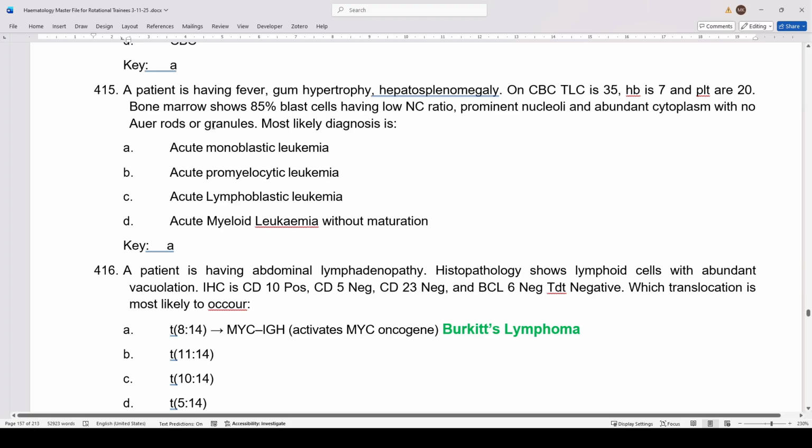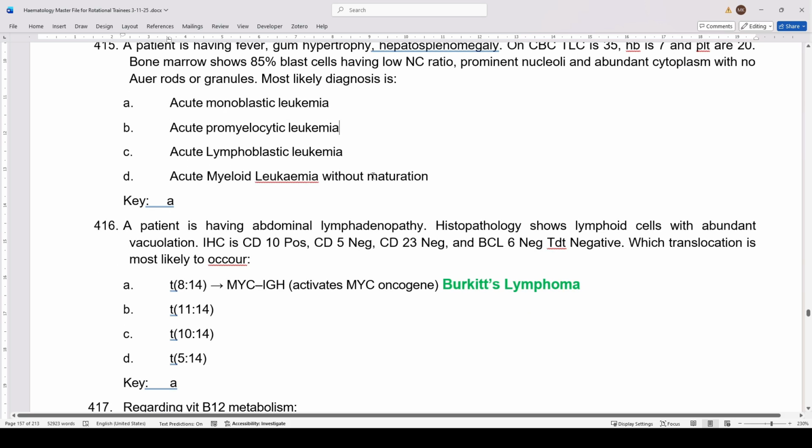Okay, that acute myeloid leukemia, it could be M2, M3, M4. But the most likely diagnosis here, as they are saying this is gum hypertrophy, so it points more towards M4 or M5. So here it is M4, M5. Acute monoblastic leukemia is M5. So whenever there is gum hypertrophy, it is pointing towards acute monoblastic leukemia. And acute promyelocytic leukemia, we will see promyelocytes in the blood. Okay,